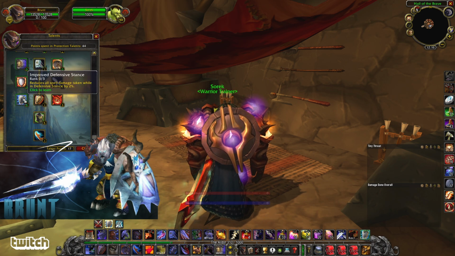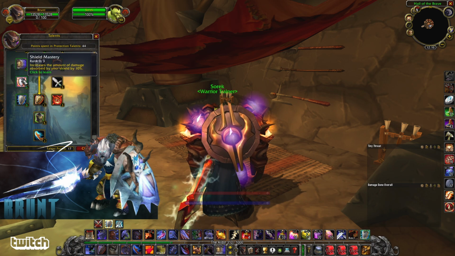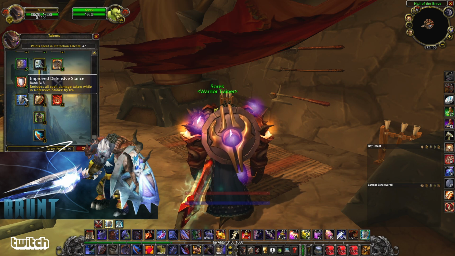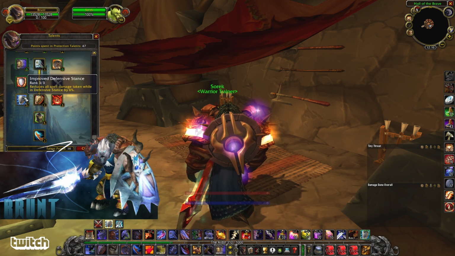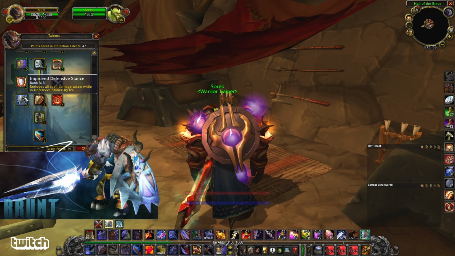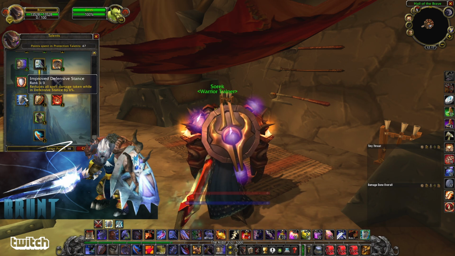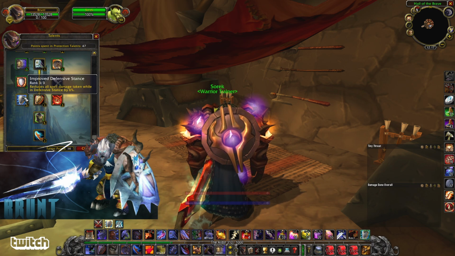But this is progression. And for fights like Solarian, and for the Nature guy, they're doing spell damage to me. So I absolutely, completely want this one. Big time. Improved defensive stance. Reduce all spell damage taken while in defensive stance by 6%. If you're getting blapped by poison stuff, frost stuff, arcane magic, shadow spells, improved defensive stance will take an edge